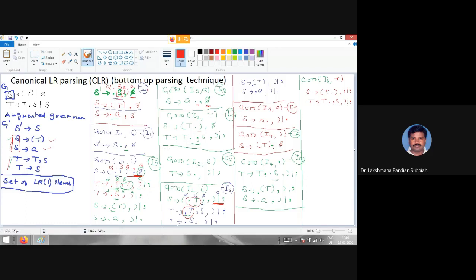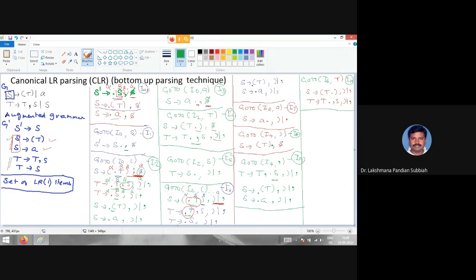So here already we are having now, but that lookahead is different, right? So this is lookahead, this is lookahead. So here now we have to do that one as this is I10. So you put that state I10. This is I10, right? Now we'll go for the next step.